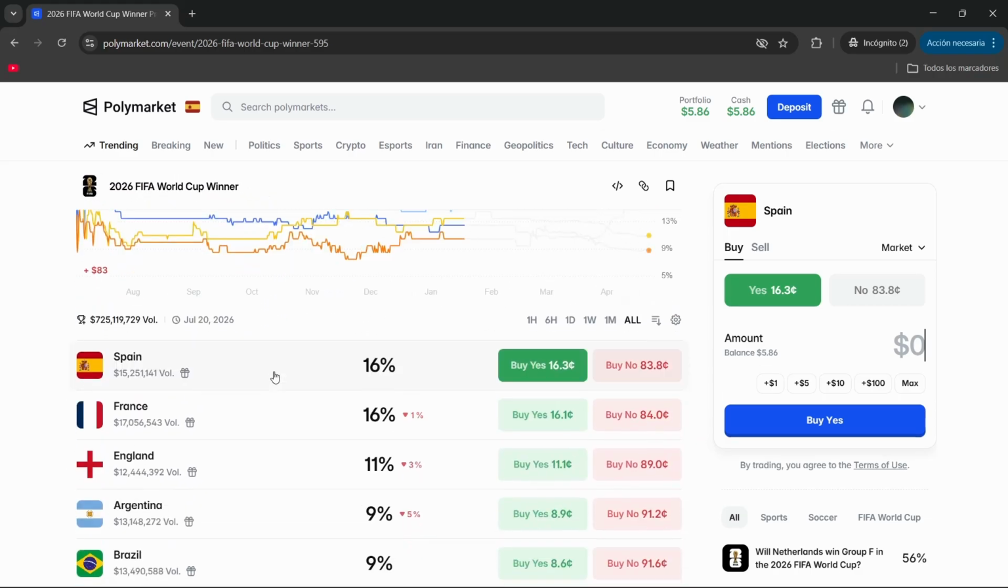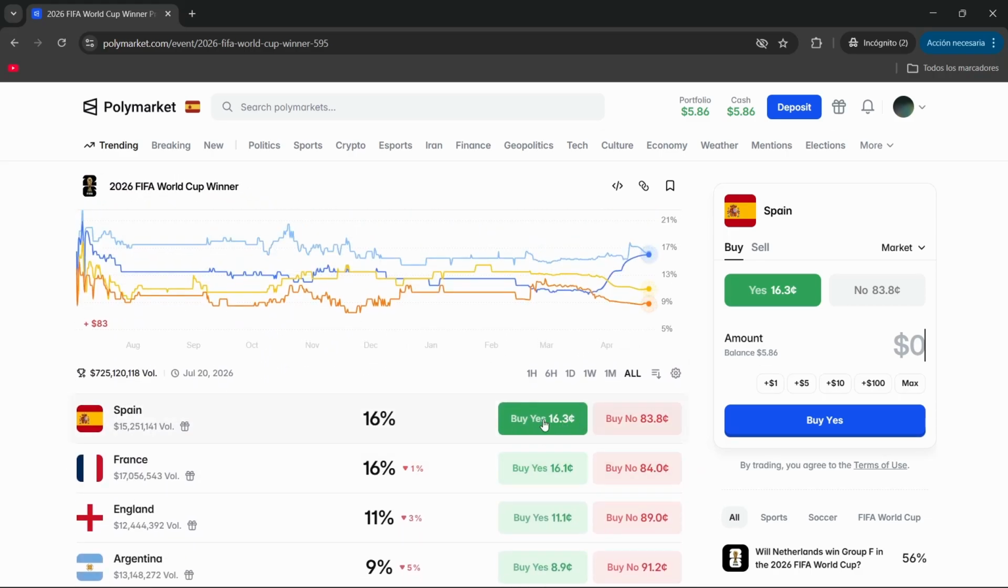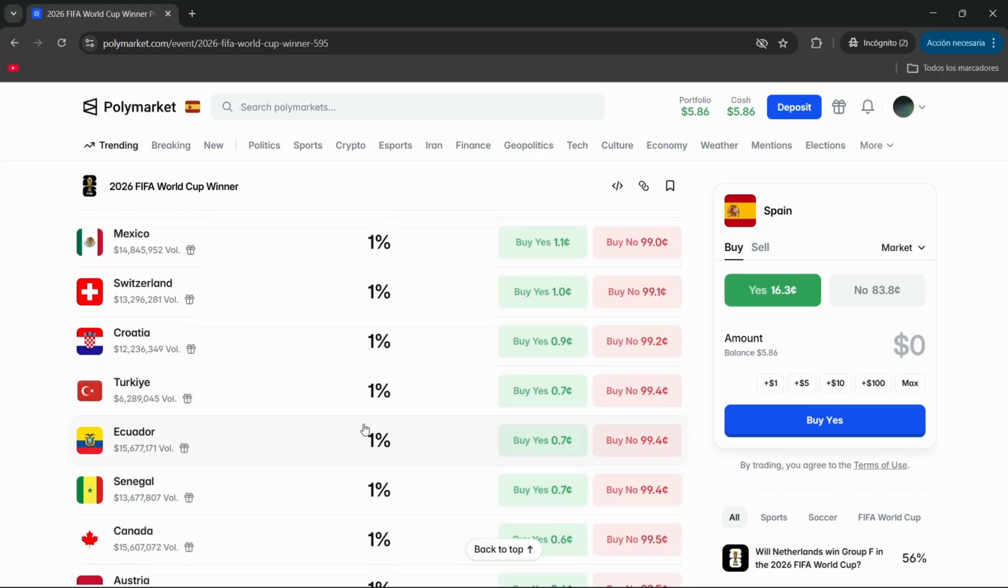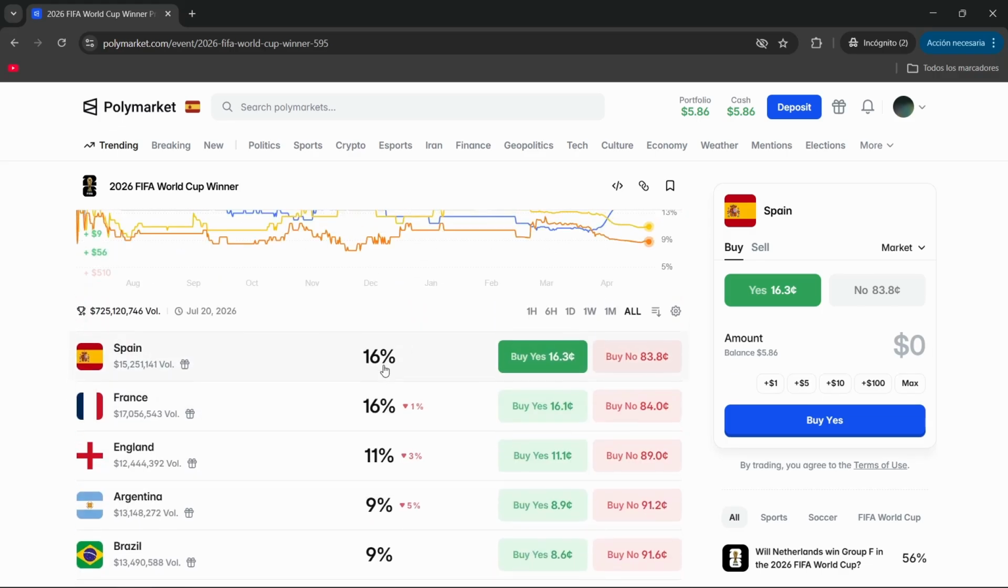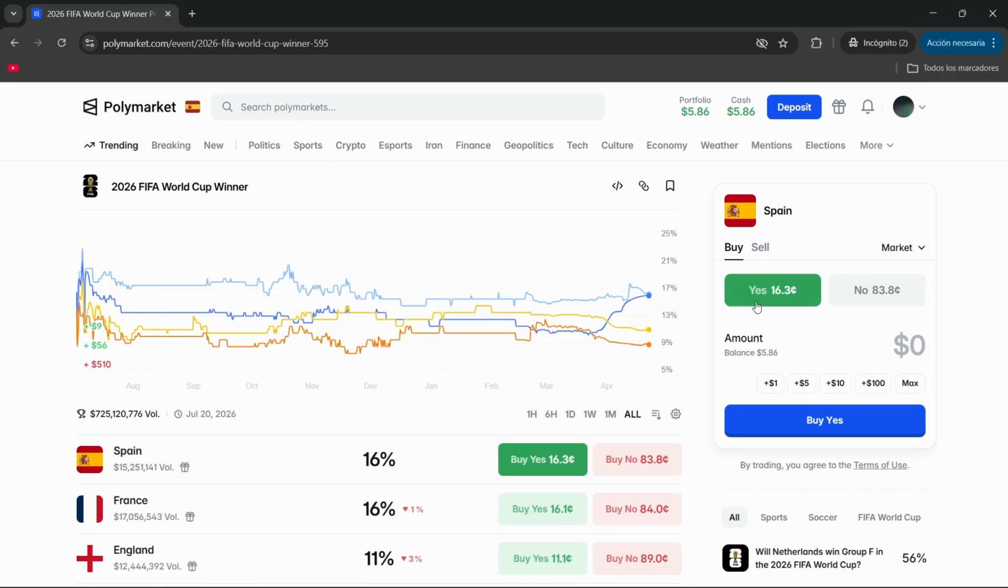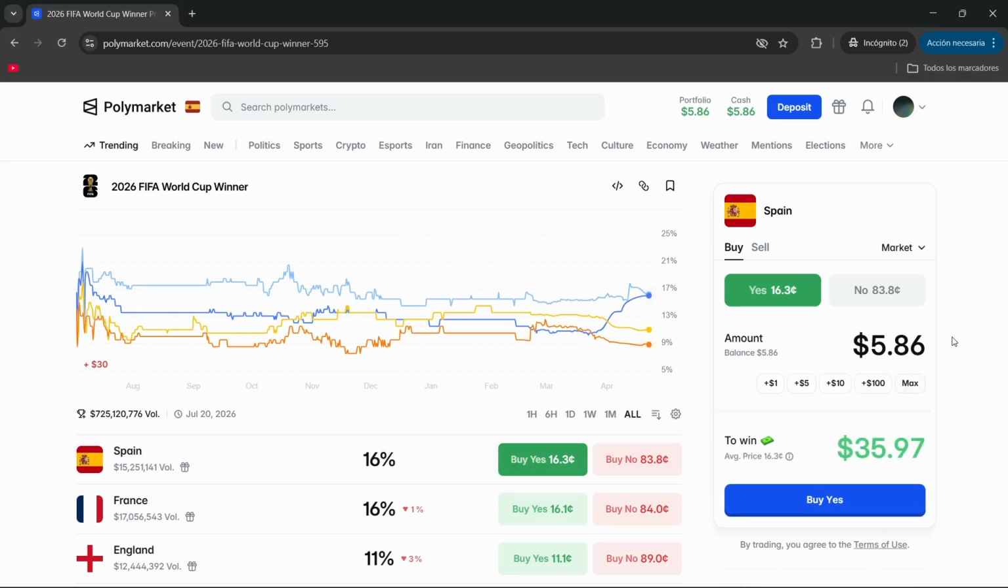So for example, let's say we think Spain will win, we can buy yes. Here we can see the chance of each team winning according to Polymarket. And if we think Spain will win, we can click here and then select the amount of money we want to spend. So for example, right here, if I bet $5 and I win, I will win $30. Big savings. So if I want to buy right here, we will get those shares